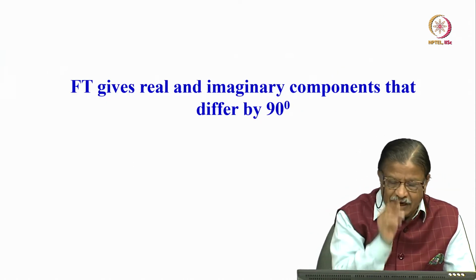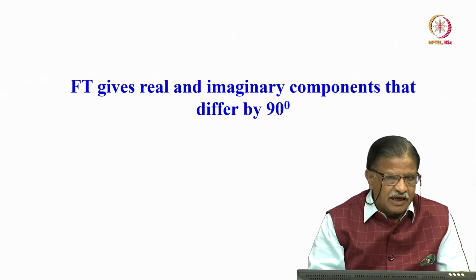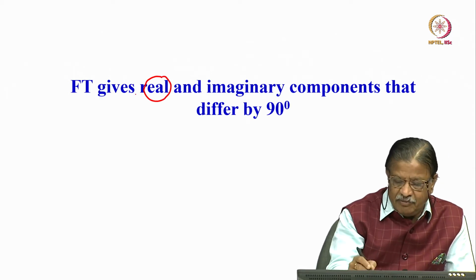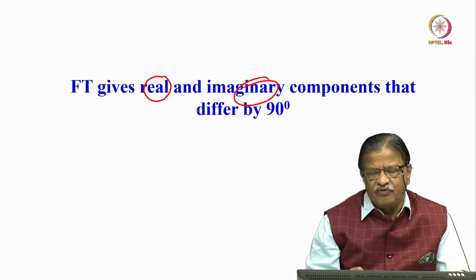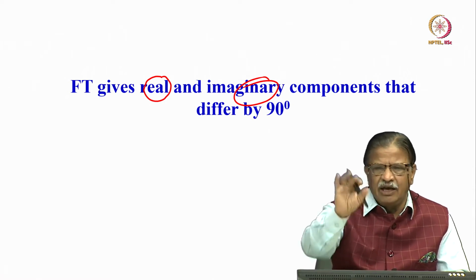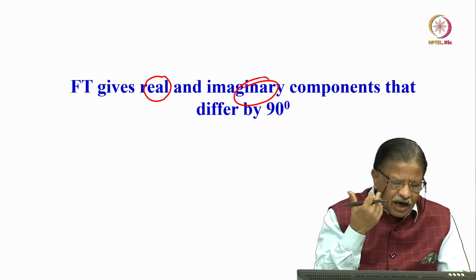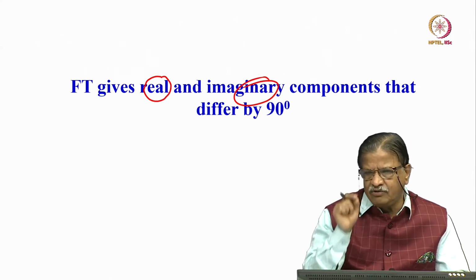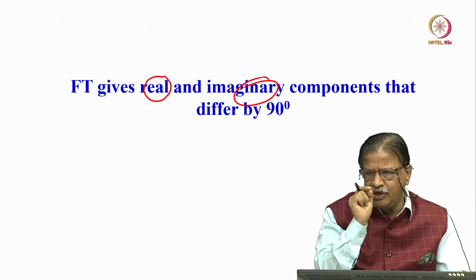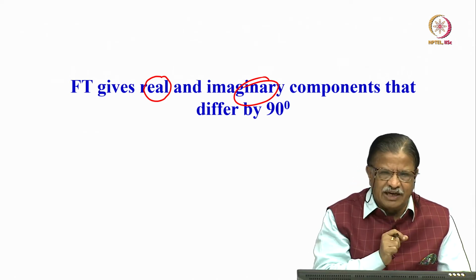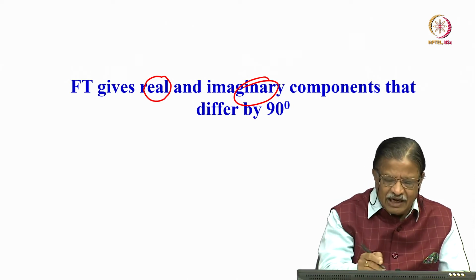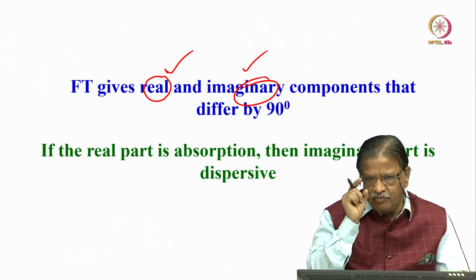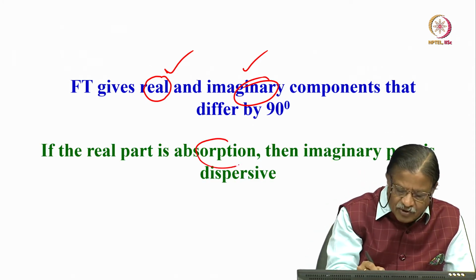Okay. Another thing which we also discussed in the Fourier transformation, we knew the Fourier transformation has a real component and an imaginary component both. When I take a signal like cosine, sine, or for example Gaussian or Lorentzian, any function you take, when we understood the mathematics of the Fourier transformation, we knew that the Fourier transformation of any function like that always results in real and imaginary components. They differ by 90 degrees. This is an important point. And the real part is what is called absorption.